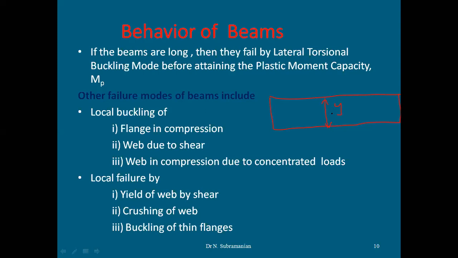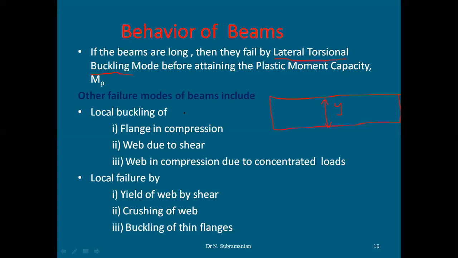So whenever you increase the depth, what happens is that the elements in your section will become slender. Because of this slenderness, lateral torsional buckling takes place in the member. Why? Because your member is made up of different plates, isn't it? The top compression plate, the web is also made up of plate, and the bottom tensile flange is also made up of plates. When plates are very slender, based on their length, what happens? Lateral torsional buckling takes place. That's the reason why in long beams you have to first make sure that your beam does not have any kind of lateral torsional buckling. Only then can you see the plastic hinge formation in the beam.